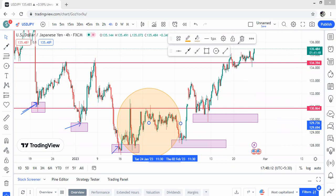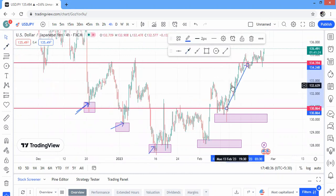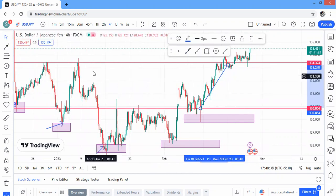It only takes patience to be waiting for this. So we have identified that. One thing that you're going to be doing again as a trader is waiting for price to retest such points, 130.843. Now price retested and you could see price moved up. So what the market calls for is patience, and you can see the price is now next at